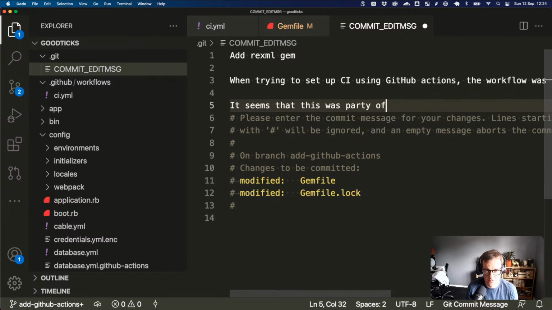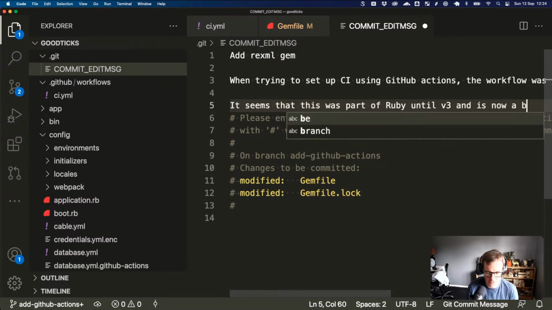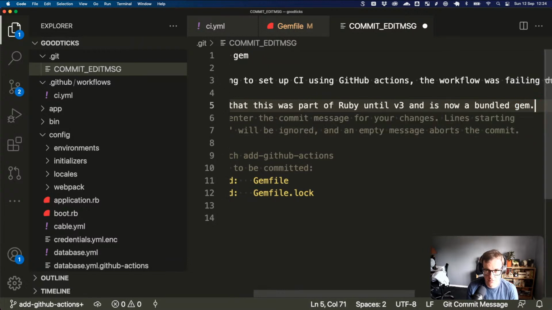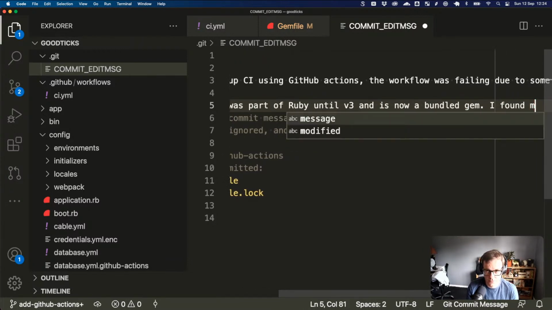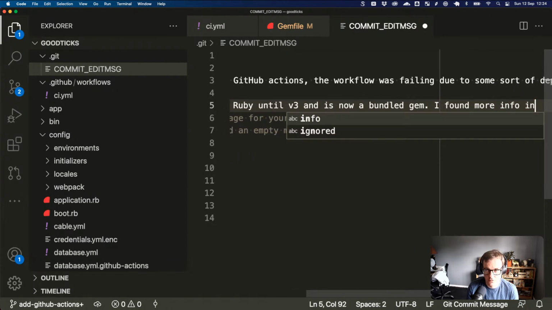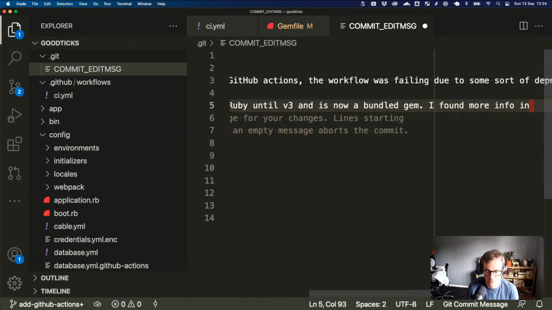Seems this was part of Ruby until v3 and is now a bundled gem. More info in